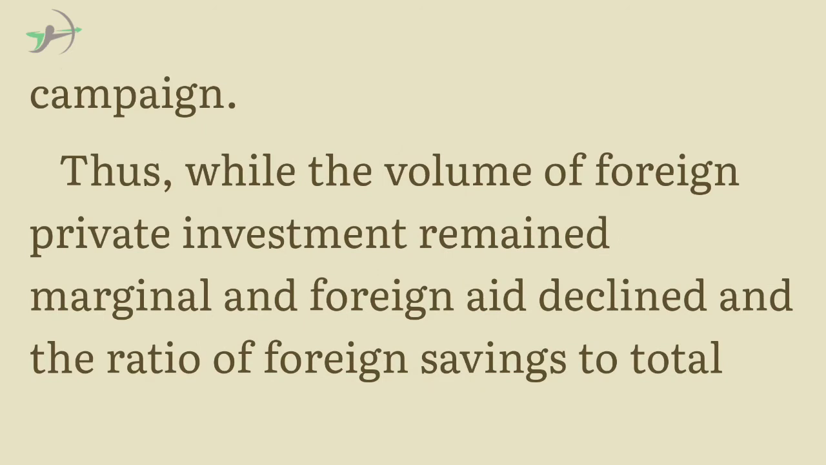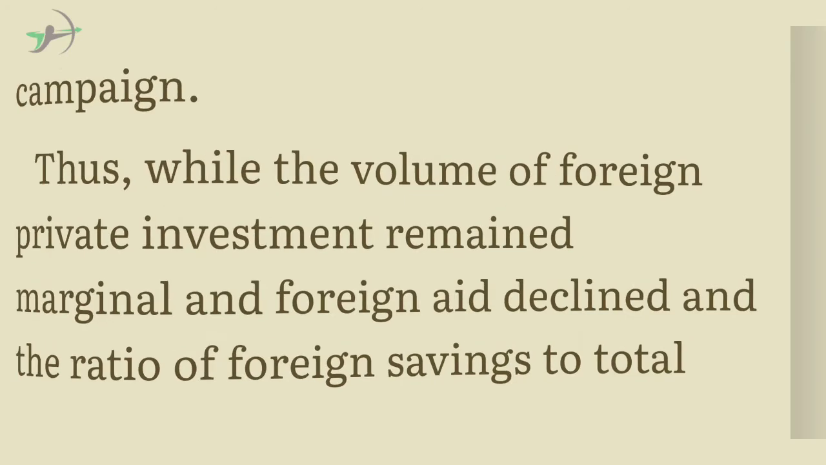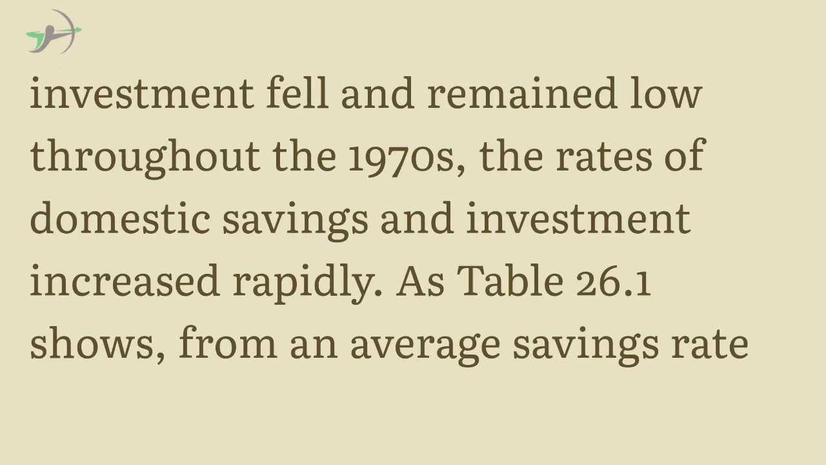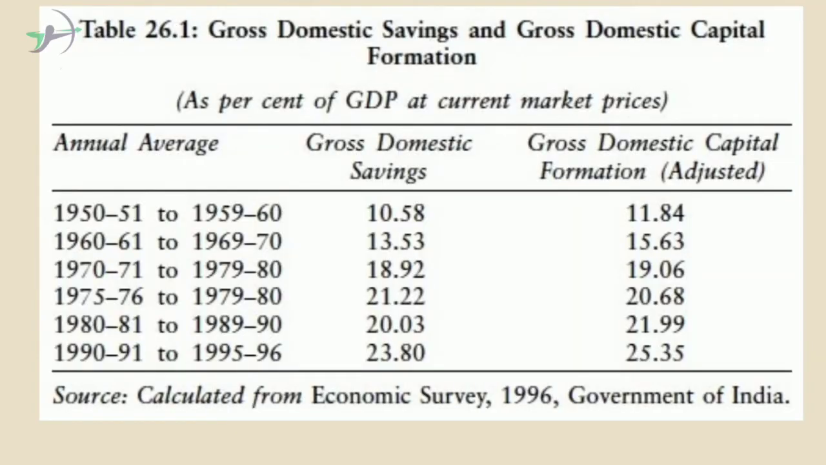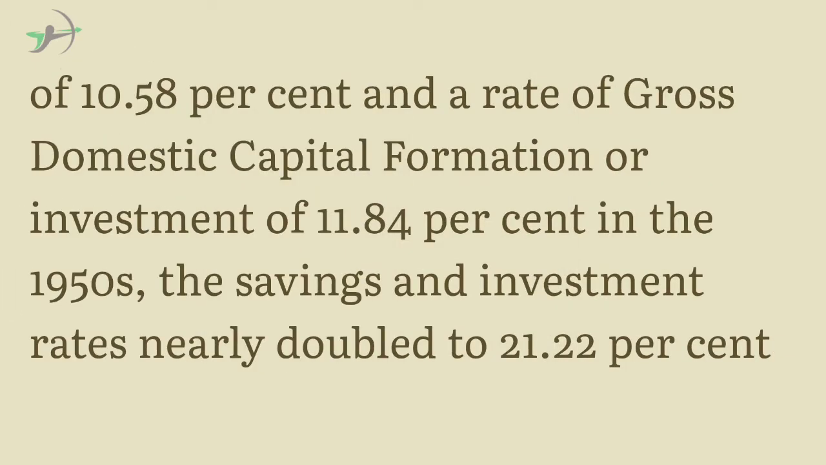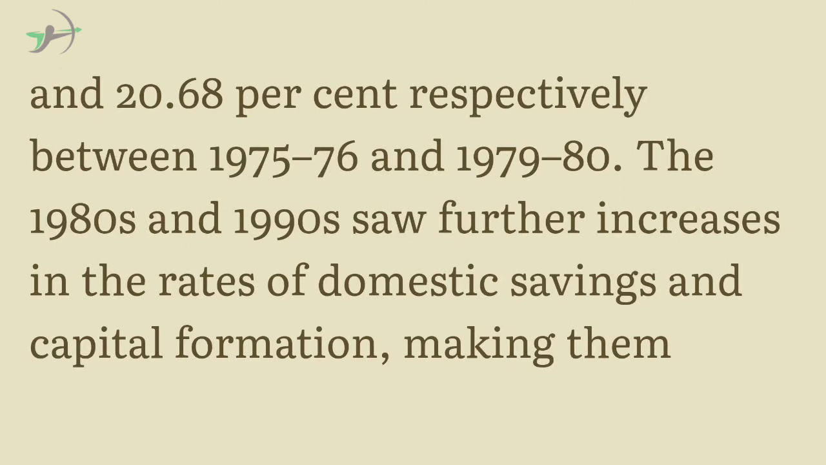Thus, while the volume of foreign private investment remained marginal and foreign aid declined, and the ratio of foreign savings to total investment fell and remained low throughout the 1970s, the rates of domestic savings and investment increased rapidly. As Table 26.1 shows, from an average savings rate of 10.58% and a rate of gross domestic capital formation or investment of 11.84% in the 1950s, the savings and investment rates nearly doubled to 21.22% and 20.68% respectively between